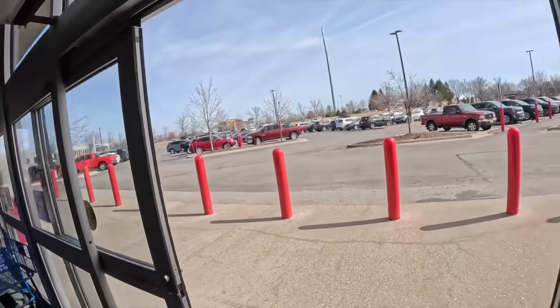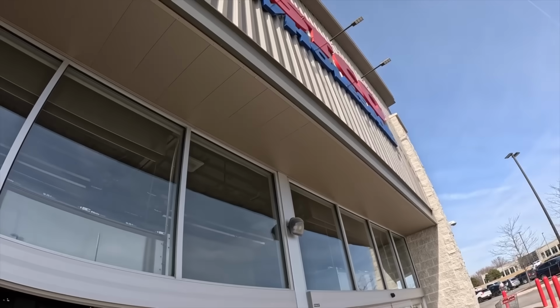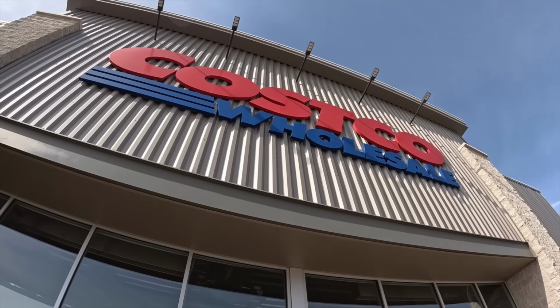It's that time of year again. Discount warehouse giant Costco has begun to stock the store with camping gear and other outdoor products. Last year, we took a look at all the deals and let you know if they were better or worse than other retailers. And this year, we're going to do the same. Plus, we'll look at whether the prices have gone up or down from last year on some of the items